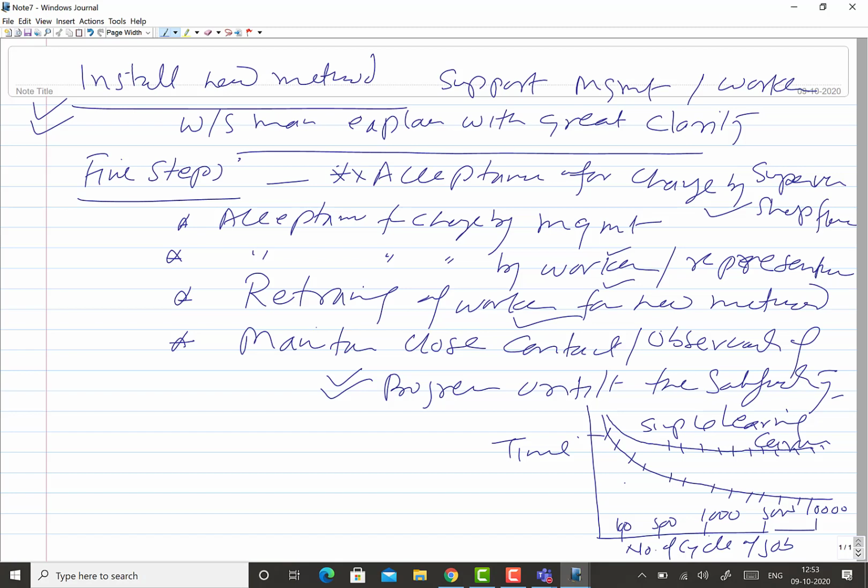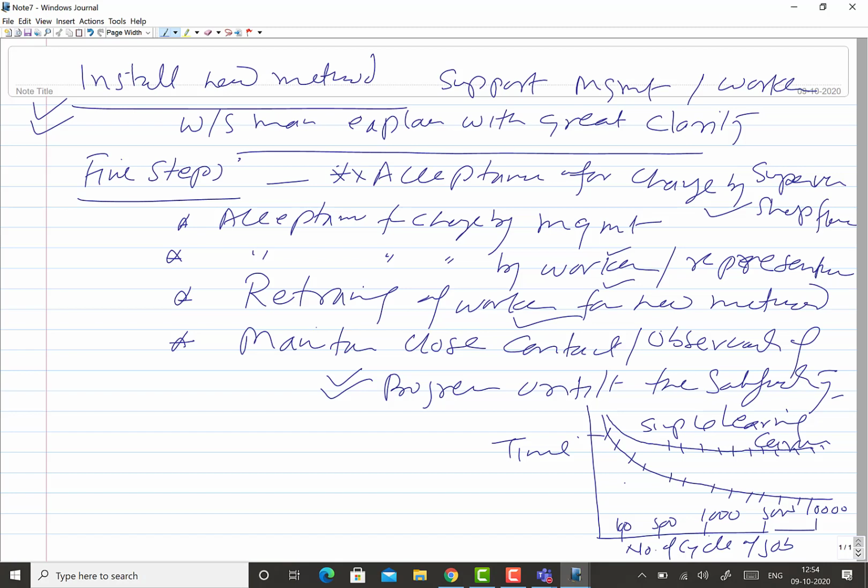So he will be able to produce fewer jobs. When the new method is implemented, he doesn't have much practice for that, so he will be taking a longer time to do the job. His output will be reduced, so it is possible that his earning may also get reduced.